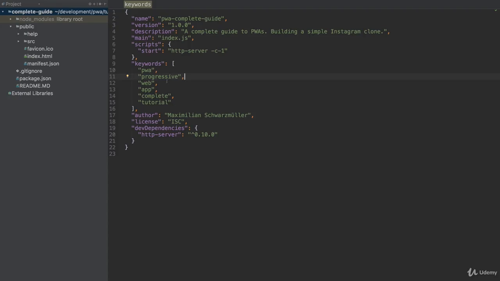In our project folder here, I first of all want to draw your attention to the script which starts our development server. Now, this is only the development server here. You won't use that for production. Here, however, I added this -c-1 flag. What this will do on the HTTP server package is it will ensure that we don't cache any assets using